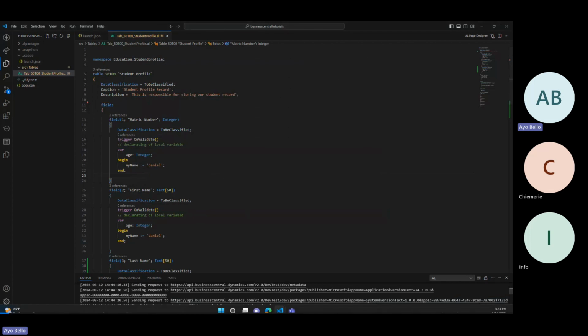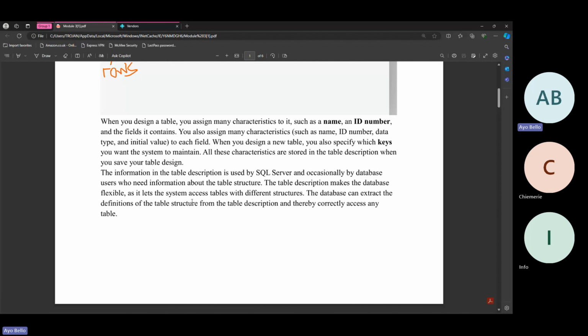But then it is also needed to actually run most of the process within Business Central, the SQL Server. So yes, occasionally by database users